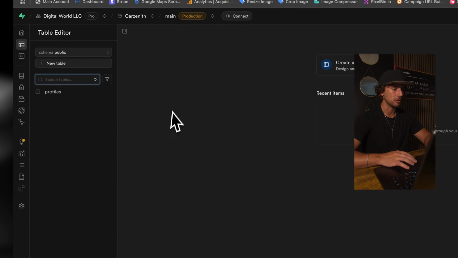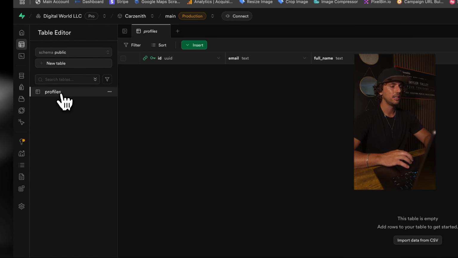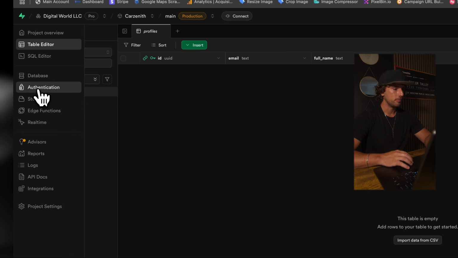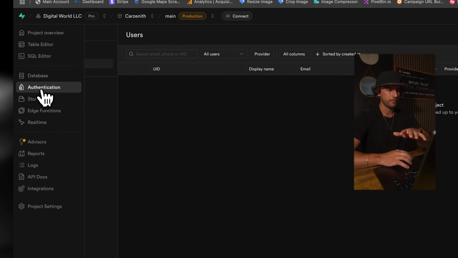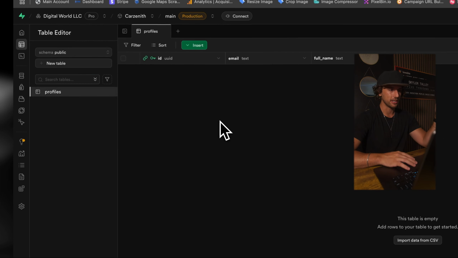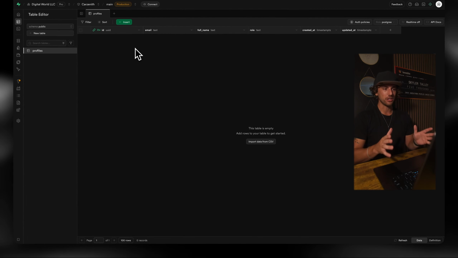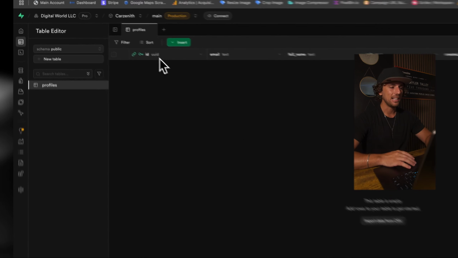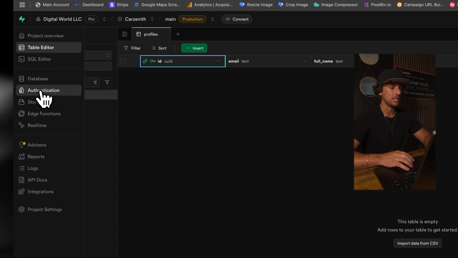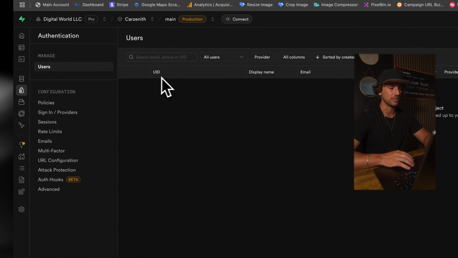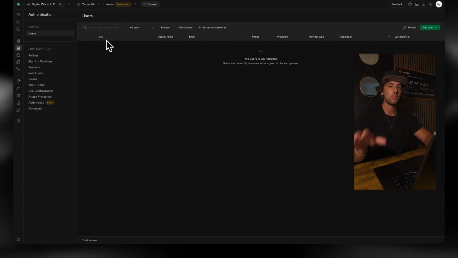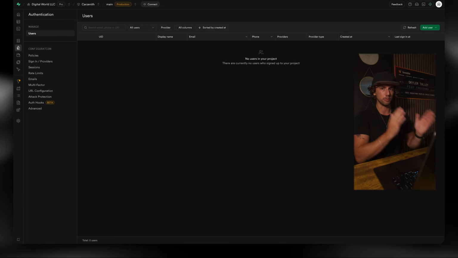Okay, let's go look at tables because I do believe it did make a table. It did. So again, if I go from authentication and I go up to table editor, now I can see this new table profiles has been added. And now we can go ahead and look at what information is being stored inside of this table. This is important, okay? So the ID, this ID is going to be attached with the authentication. See this UID? This is a random generated number between every single user that connects the user to a profile,